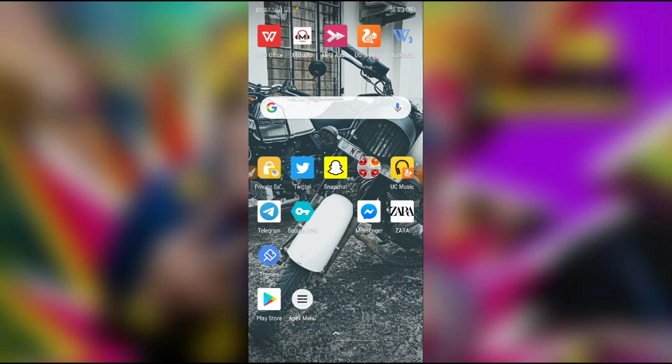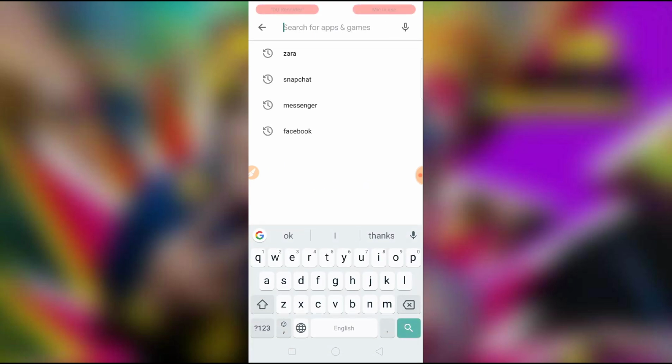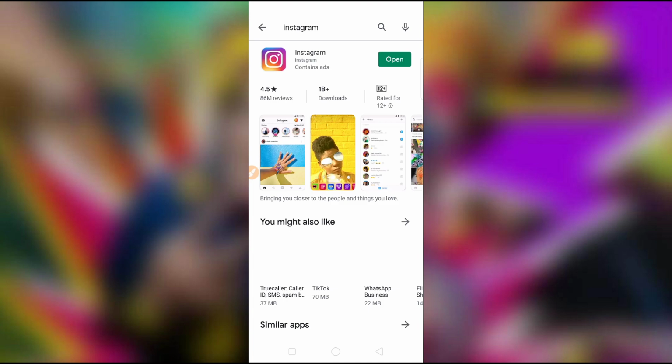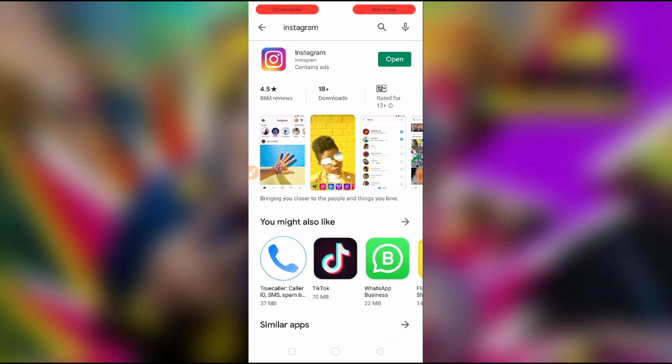So first of all, you have to go to your Google Play Store, and then you have to check your Instagram, whether Instagram is asking for an update. You have to check it. Instagram. So see guys, I don't have any, Instagram didn't ask me for an update. So if they ask you for an update, you have to update your Instagram here, and then after updating, if